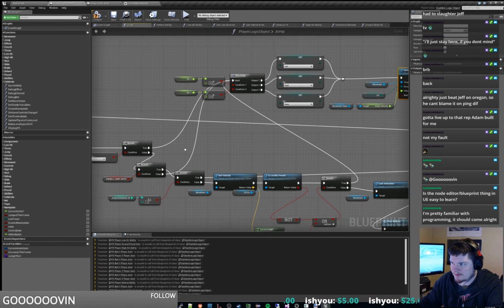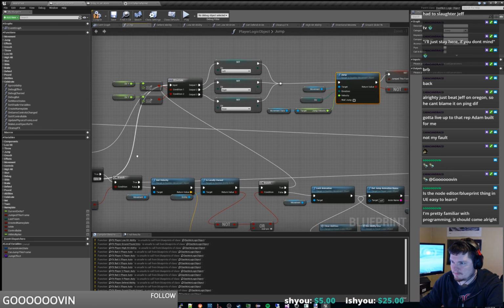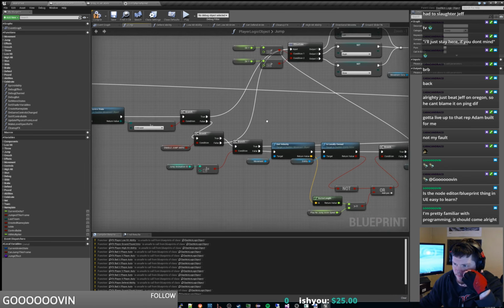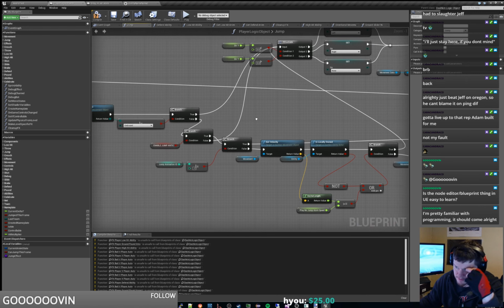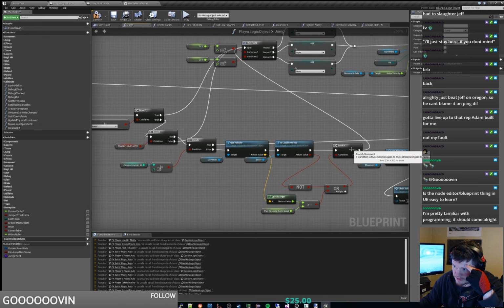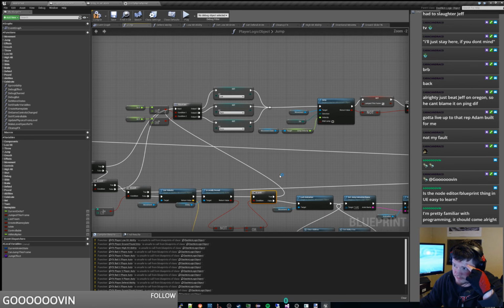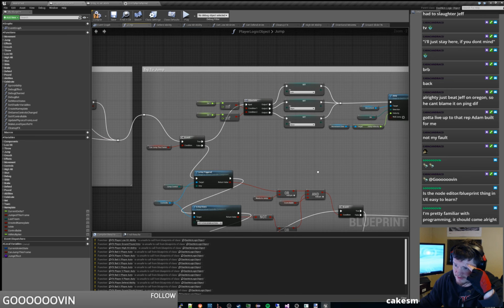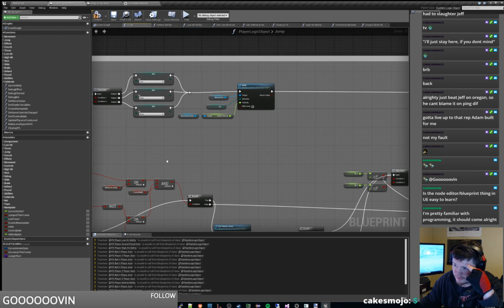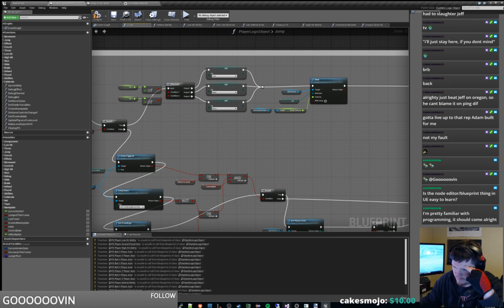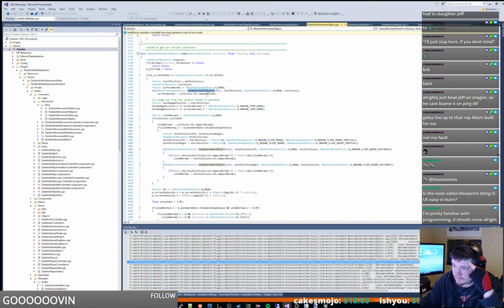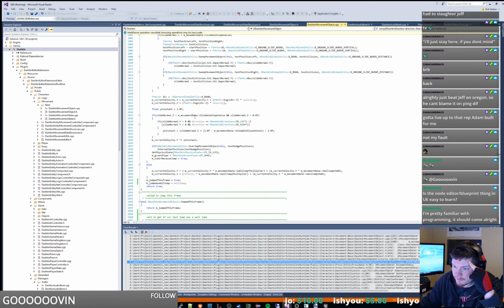If we were not on the ground, enable jump antic, get velocity is locally owned is true. So what is this? Can jump this frame, jump. Alright, if current state is on ground, otherwise,